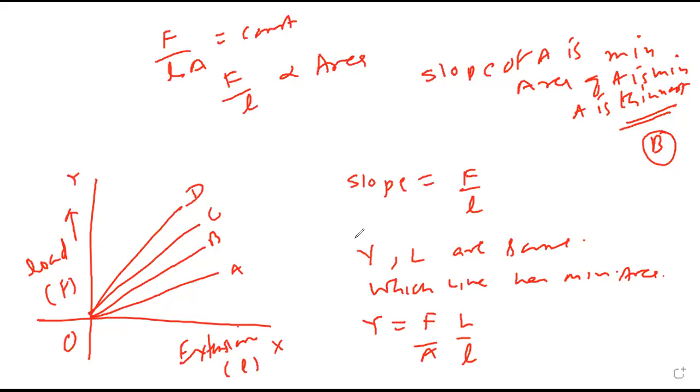Done, sir. Okay. 52. A metallic beam having Young's modulus Y is supported at the two ends. It is loaded at the center. Depression of the center is proportional to what? Depression means delta is proportional to W L cube upon Y B D cube. So it is inversely proportional to Y. Option B.